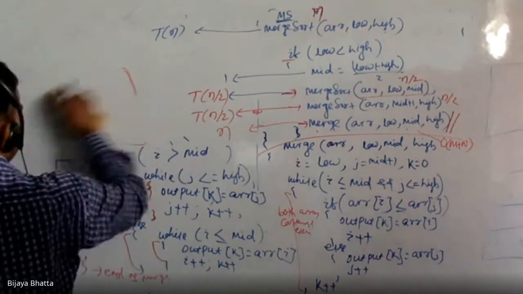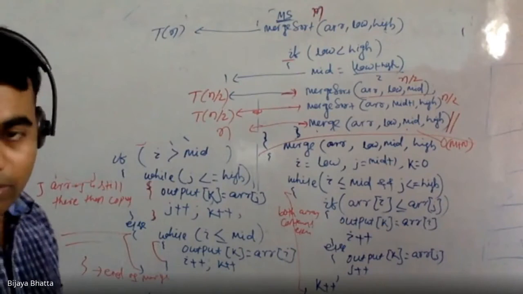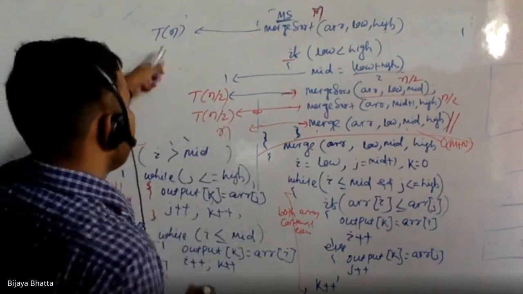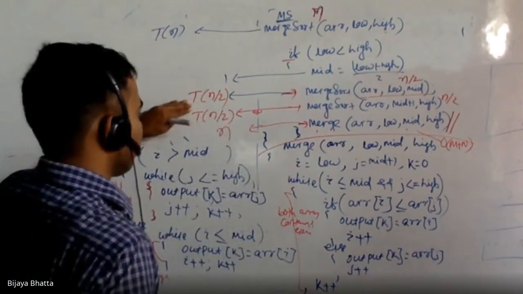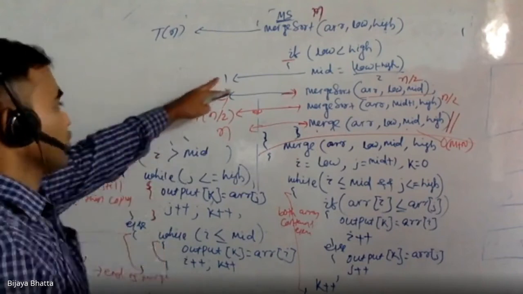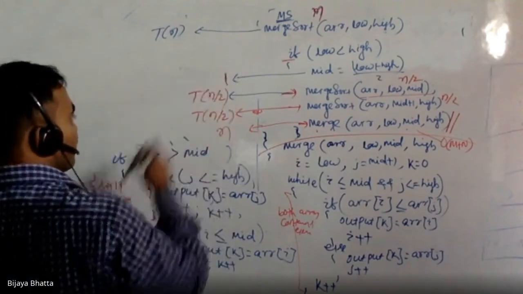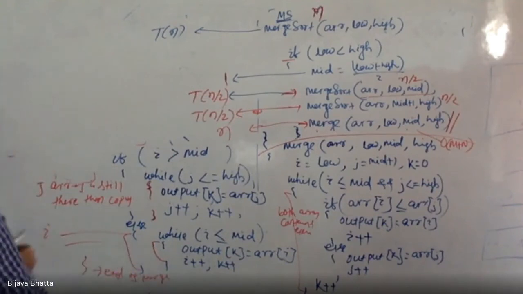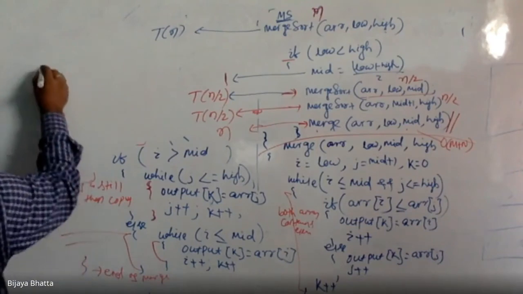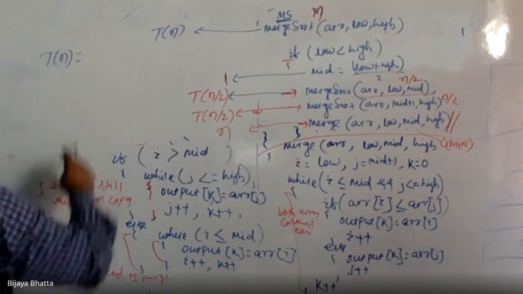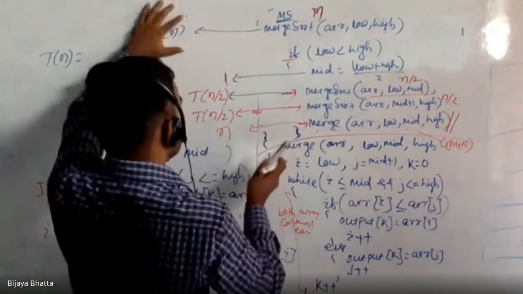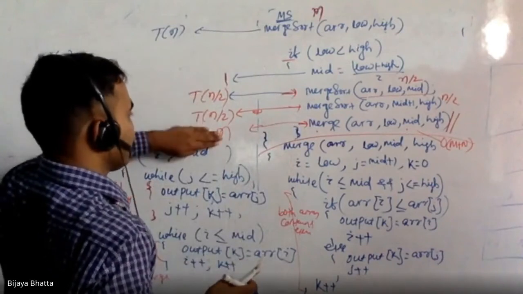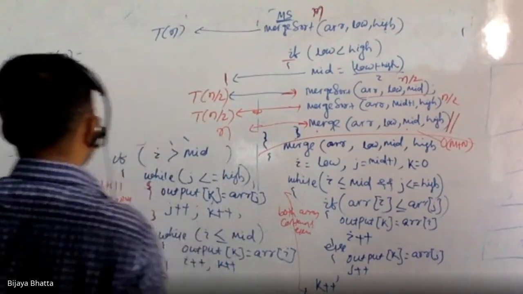So this is your equation, your recurrence relation that is going to be formulated in order to compute the time complexity. So T of n is the time complexity: T of n by 2, T of n by 2, and n. And this is going to be 1, a constant, taking constant time. So if you write down the recurrence relation, the time complexity of the whole algorithm is T of n by 2 plus T of n by 2 plus n plus 1. You can treat 1 as constant, so you can ignore it.